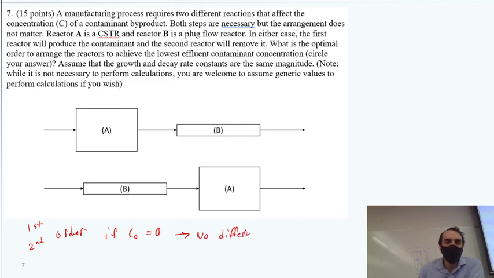So that means if you were trying to solve this using first or second order, then you had to assume some sort of C naught. Then I think, depending on the value you have and the value of your Ks, generally, so if C naught is greater than 0, then generally what you're going to see is for that type of reaction, your CSTR is less effective to carry a reaction forward